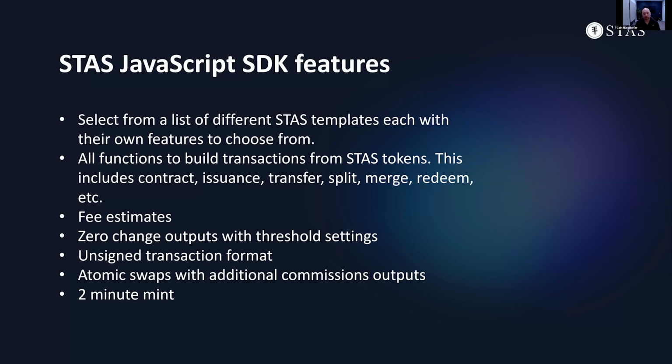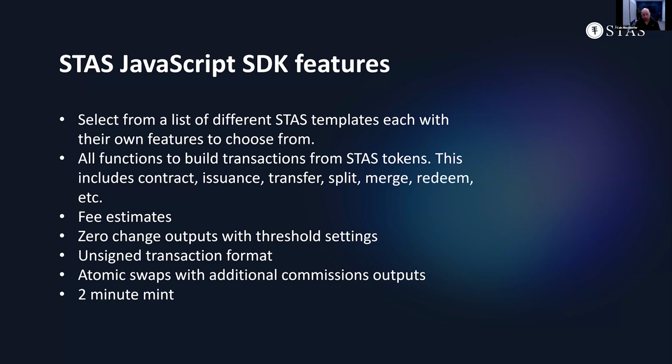As I mentioned, the atomic swaps has added the additional commissions outputs, which could be for any use case. But that just gives a little bit more flexibility, I think, with atomic swaps. There's also some test functions in there. There's a 2-minute mint. Literally, you just have to fund a private key with some funds, click and just run